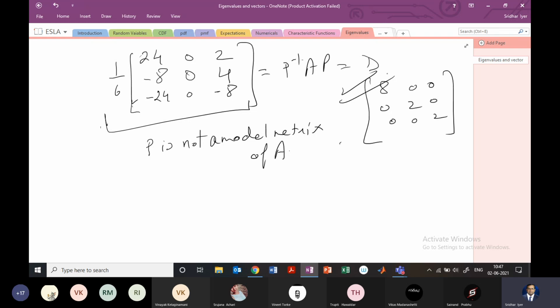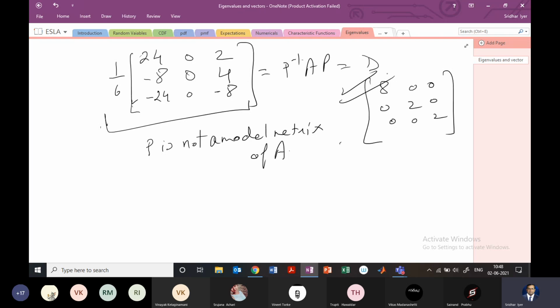Okay, so this is one of the methods you can diagonalize. There are other methods also to diagonalize. This is not the only method, but this is the one which is specified in your syllabus. There's no problem to be given like that. You can pick any problem previously which we have done and just try to diagonalize it. You may or may not get P as the modal matrix, right?